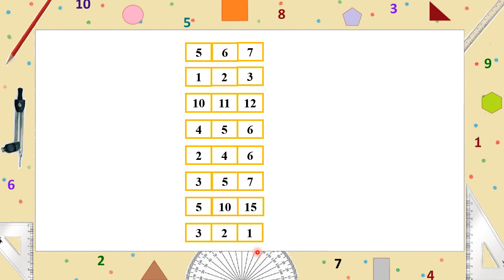But in the last pyramid, we took the bottom layer numbers as 5, 8 and 9. Is there any relationship between them? Are the numbers in a regular pattern? No. 5, 8, 9 has no relationship. That means the top layer number is 4 times of the middle number at the bottom layer only if the bottom layer numbers are in a regular pattern or in a particular pattern. Okay.